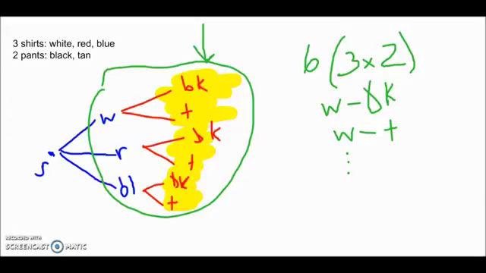This is an example of a compound event because I had 2 or more simple events. I had picking a shirt as one event and picking pants as one event. So that's 2 events, makes it a compound event. All of these choices are possible. It is possible for me to wear a white shirt and black pants, but it's not going to be probable because that is not above a 50%